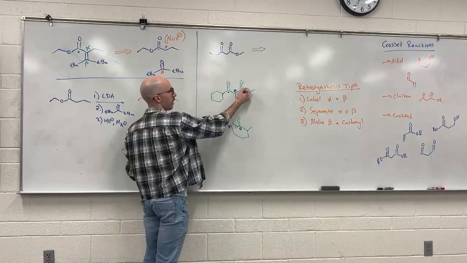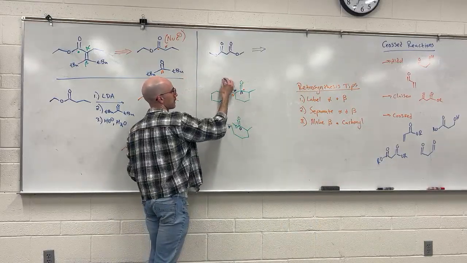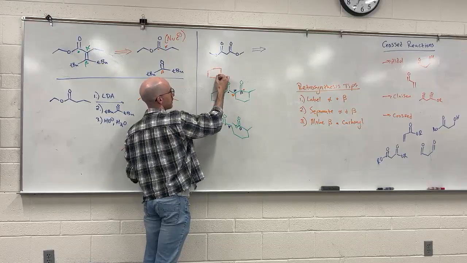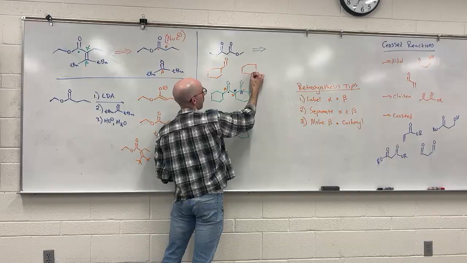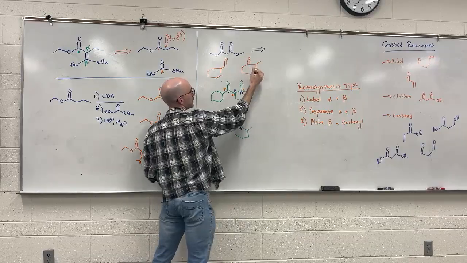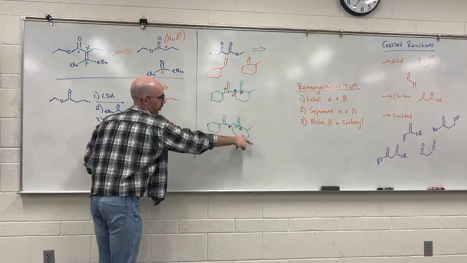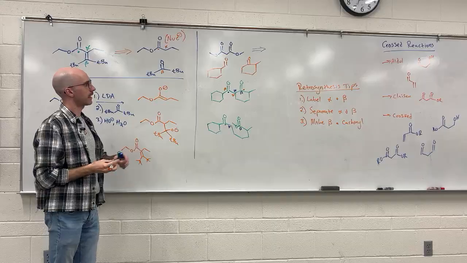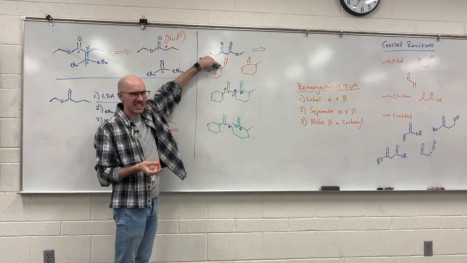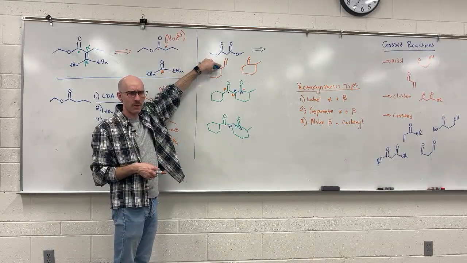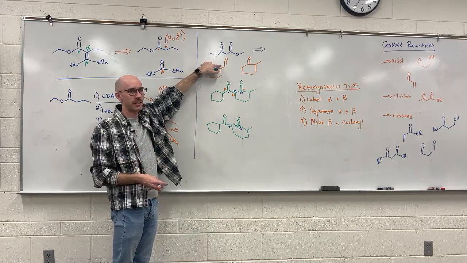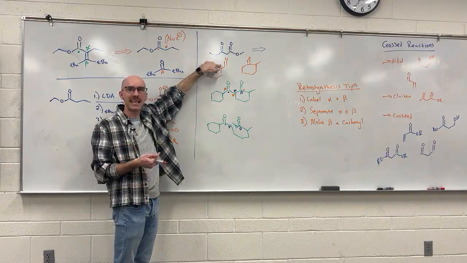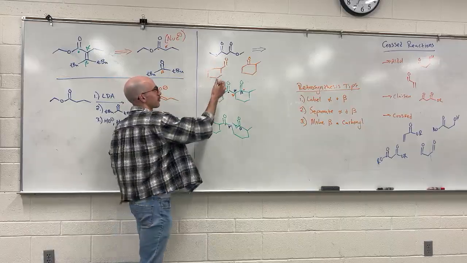The other way that I can cleave this is to swap my alpha and beta positions. This actually becomes even easier to redraw, because now I don't have to draw this one long chain. But again, beta already is a carbonyl. How can step 3 qualify if beta is already a carbonyl? Make it an ester so that when it gets attacked, it has a leaving group that can leave.